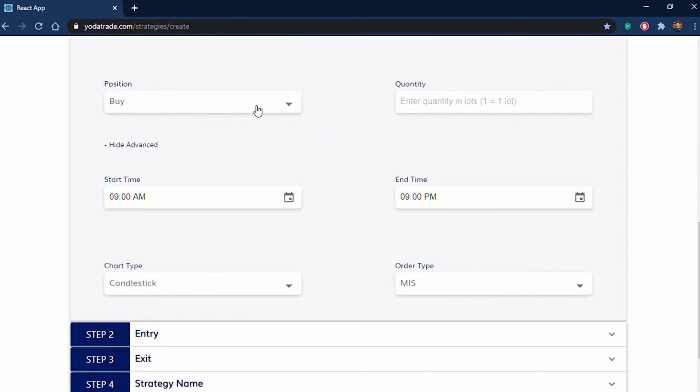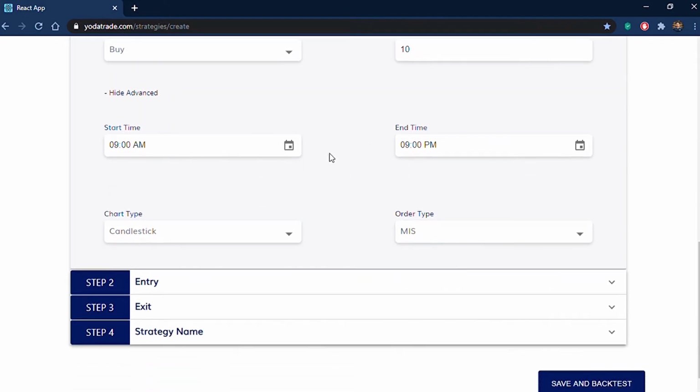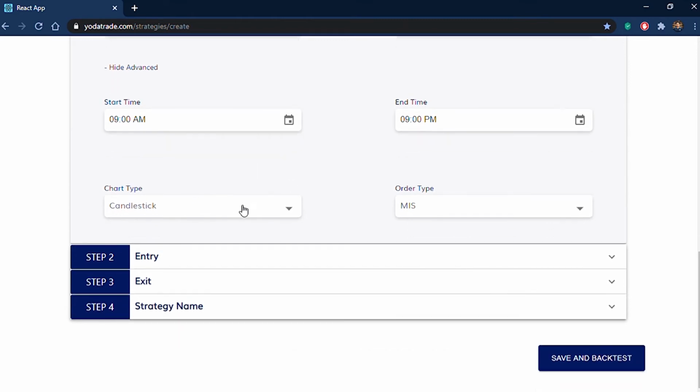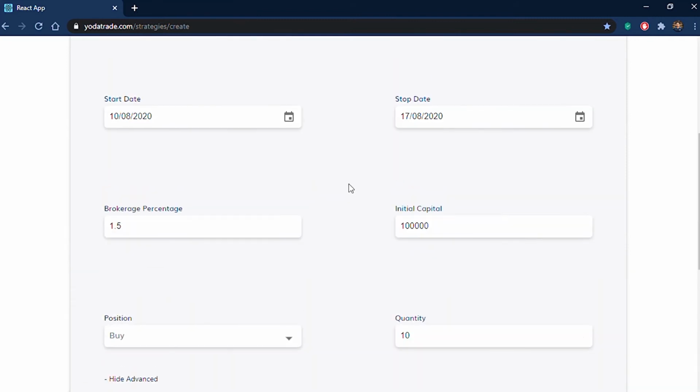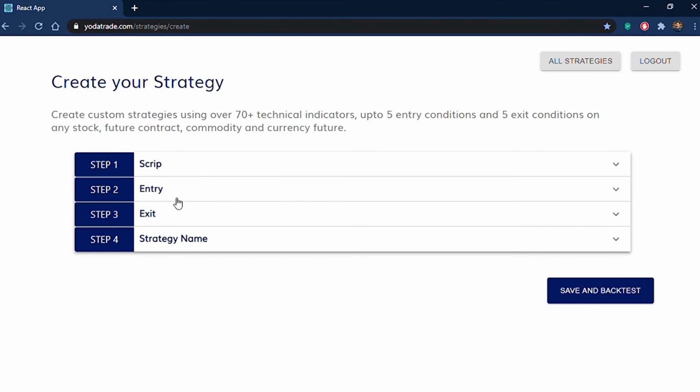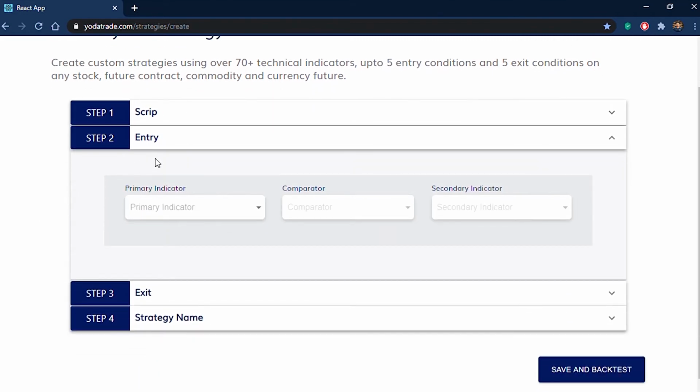and then we have position, let's go with buy, and quantity, let's go for 10, and we have the start time and end time, let that be a default value, and then chart type is candlestick and order type is MIS since it's intraday. So this is the first step, and then let us decide about the entry,